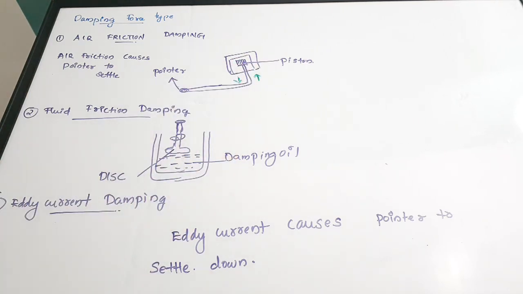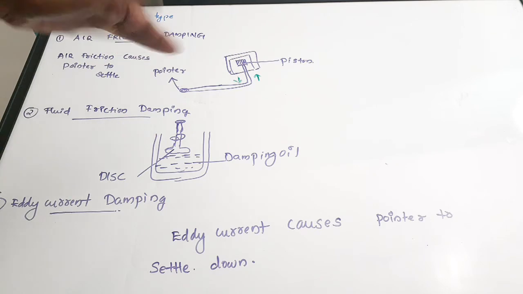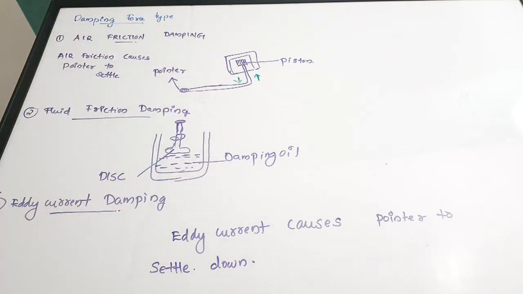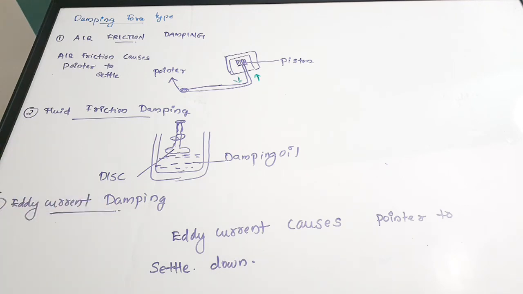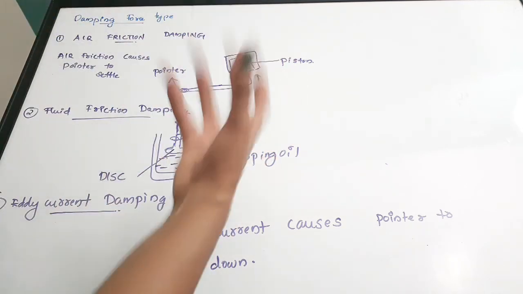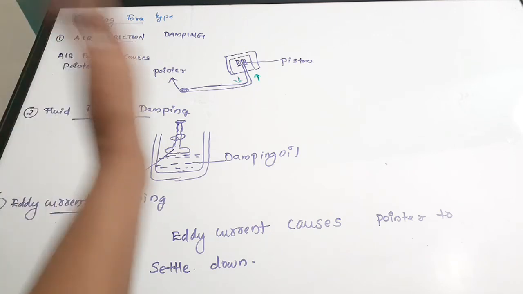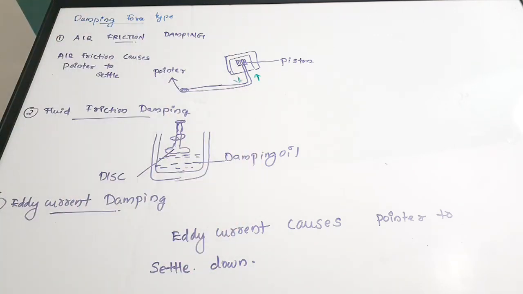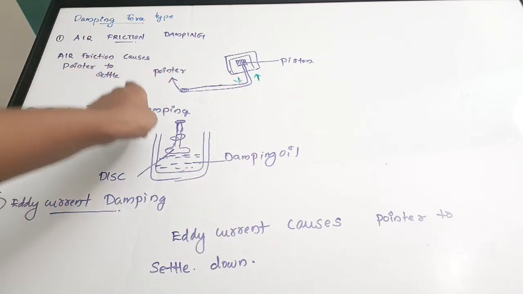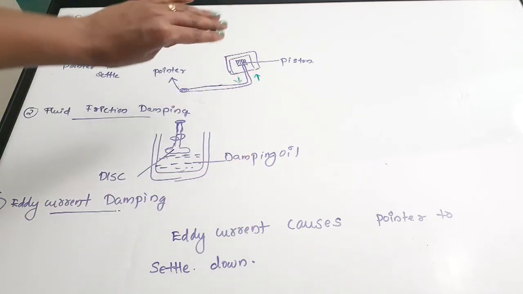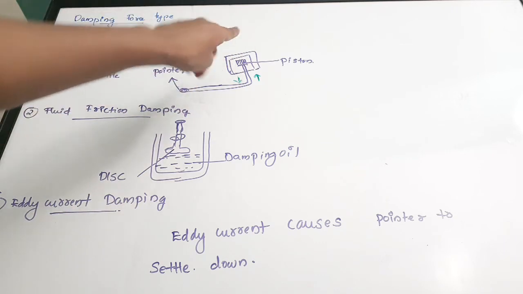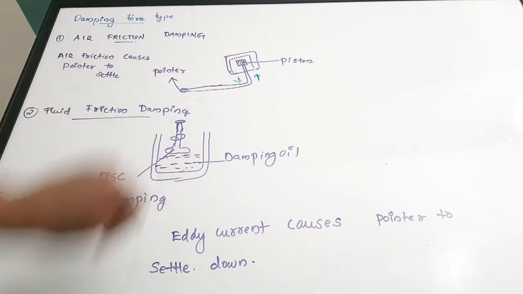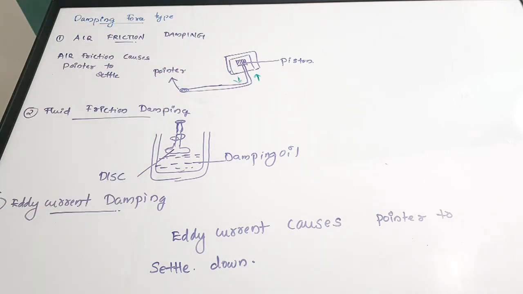Okay, that is move in this direction. The piston will come back and the air pressure inside the chamber will get actually reduced. So this pressure reduction will cause the pointer to come back to the steady state. So when the pointer is actually deflecting, the piston moves inwards. When the pointer is not deflecting, the piston moves outwards and the pressure will get reduced, which will bring back the pointer to the steady state. So this is the working of an air friction damping system.